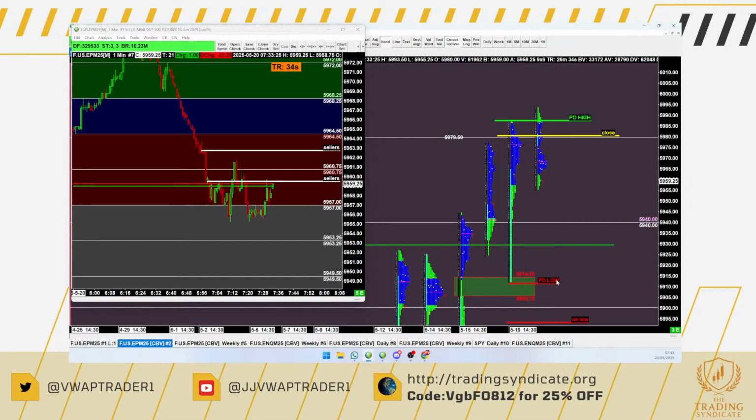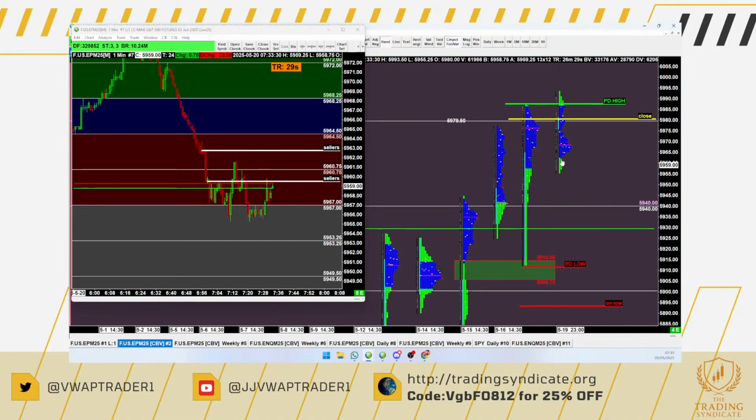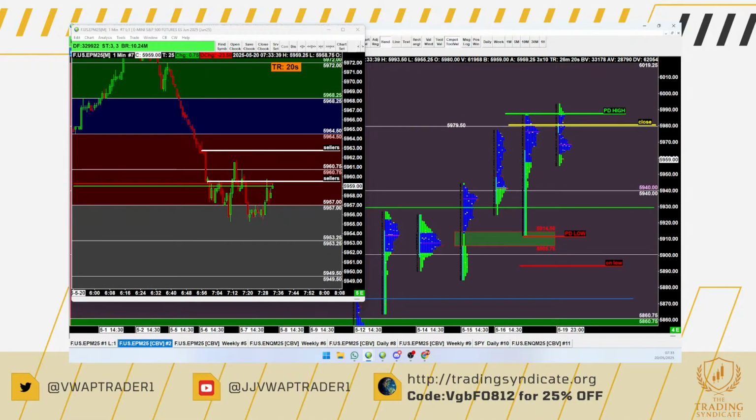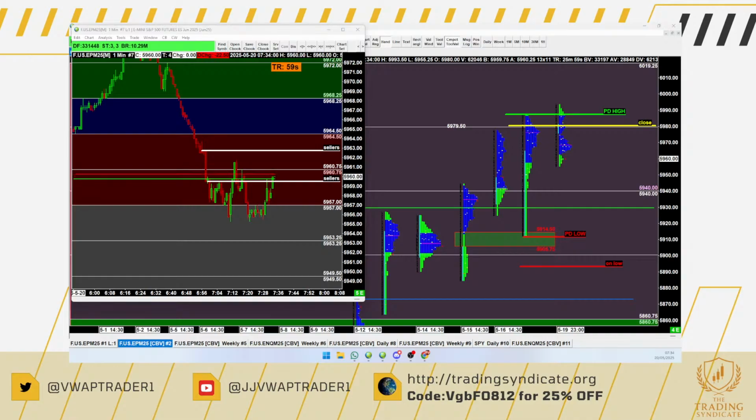Let's go take a look at yesterday. It had almost a P-shaped profile, and once again, if you look at what we call the value area, which is a fancy way of saying cost basis. Now, every trader should know what a cost basis is, right? If you don't know what a cost basis is, we really need to teach you. You buy one share of stock at $1, another one at 2, your cost basis is $1.50 on 2 shares,